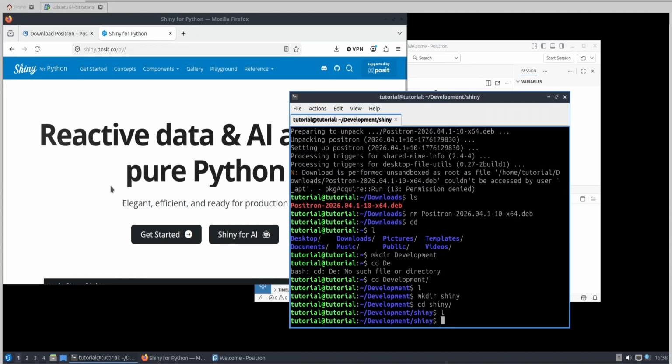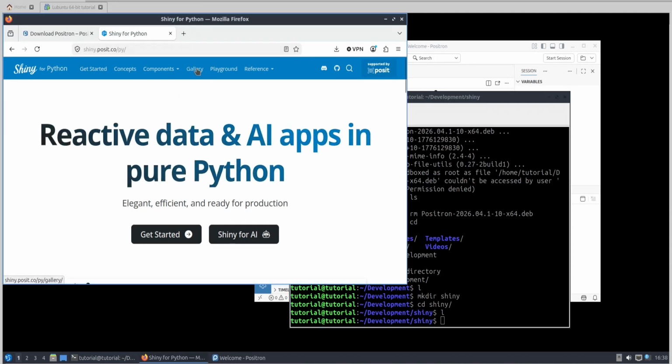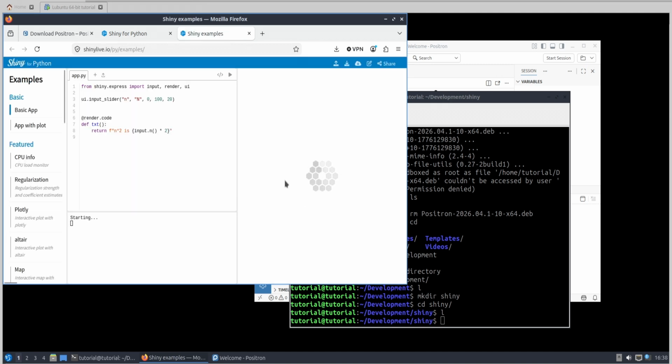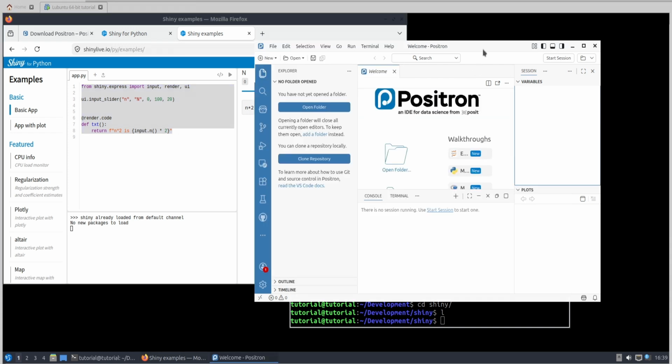We'll show you how to get free tier deployment to Posit Connect Cloud. I am using a 100% new Linux distribution and new Positron install, no other configuration. In the Shiny examples, Shiny for Python, we're using the simplest possible example here, which is a slider bar. The purpose of the video is to show how to deploy a data analytics application to the cloud on the